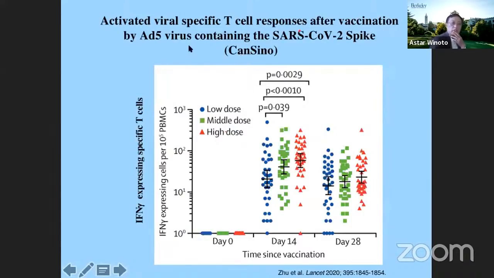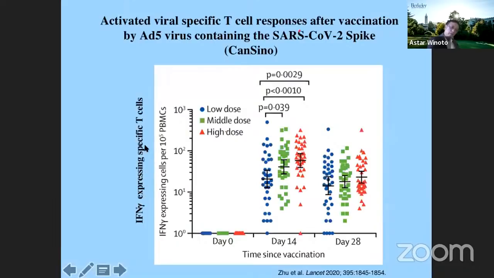So in this vaccine, they use adenovirus 5. It's a common cold virus that contains the SARS-CoV-2 spike protein, and they inject it into the muscle. Then, of course, they measure the antibody. But in this case, as I show you, they measure